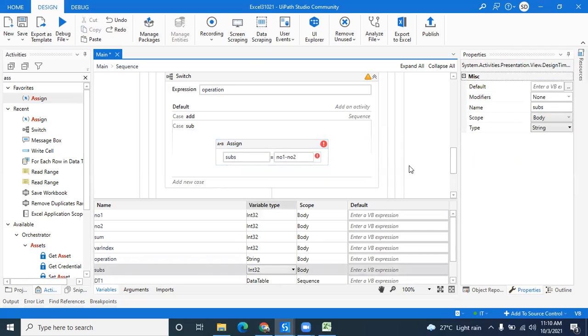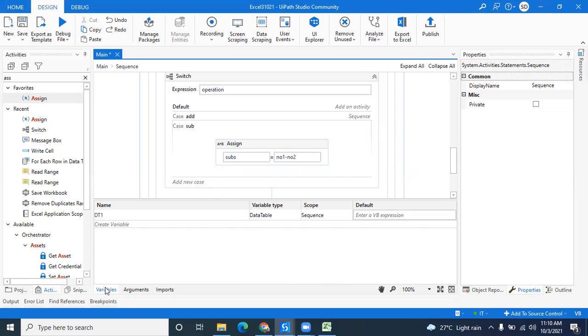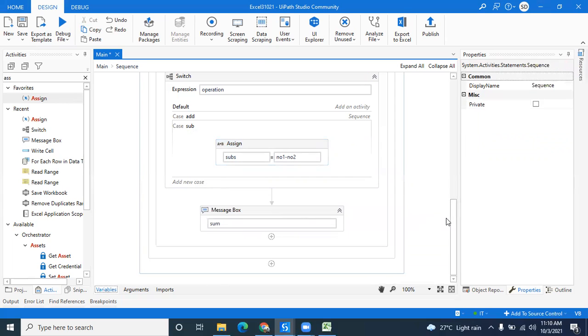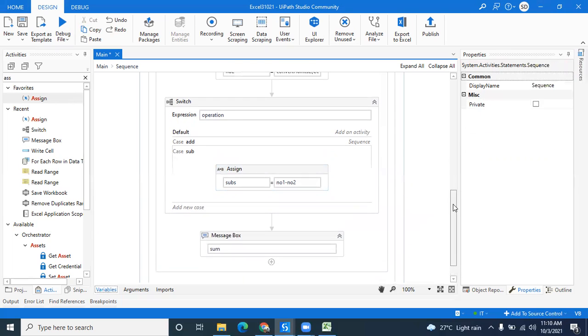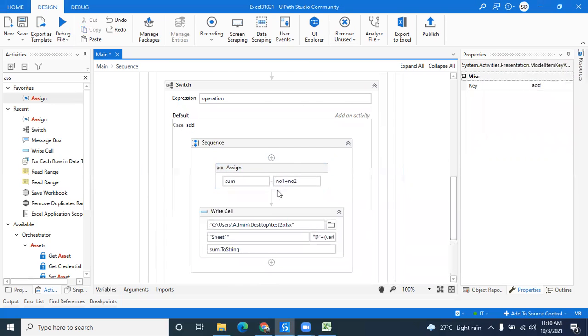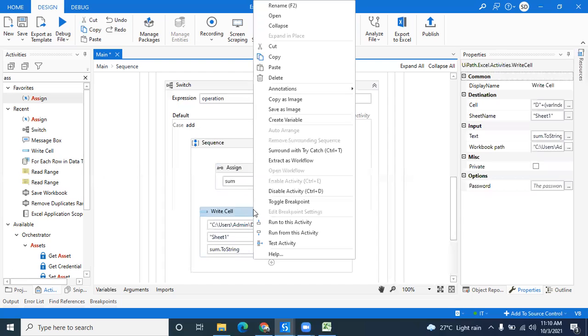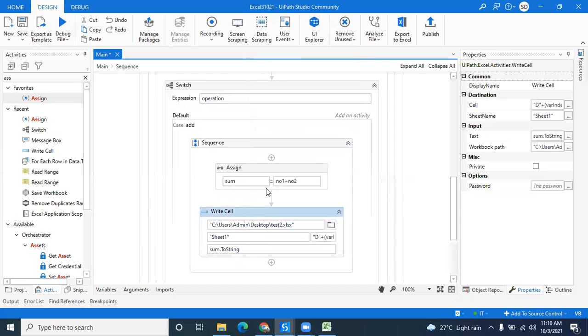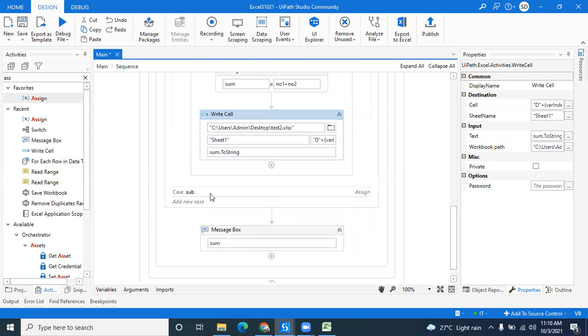Integer. Yeah, so I'm just selecting integer. Then there will not be any change in this Write Cell, except in place of sum I have to write sub.